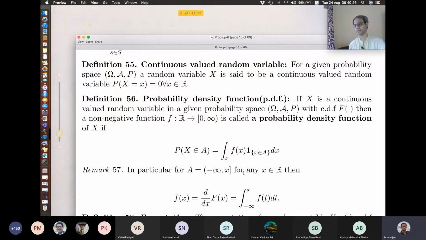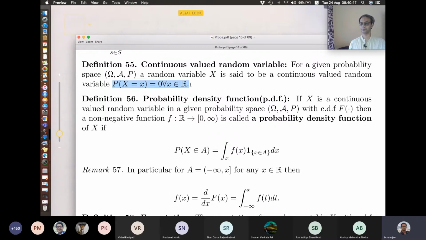So for the criteria of definition, we just focus here that probability X equals x is 0 for all x,